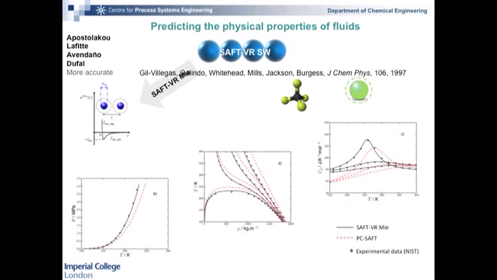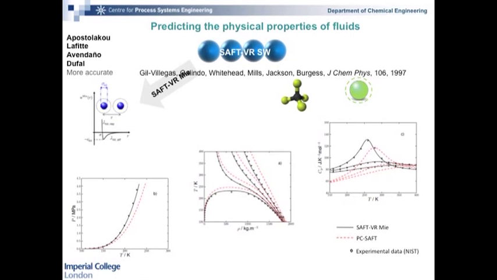And this area of work started for me when I joined Imperial. It started long before, and my colleagues Amparo Galindo and George Jackson, as well as Andrew Burgess, who is here today, developed the SAFT-VR square well equation. So SAFT stands for Statistical Associating Fluid Theory. And square well denotes the way in which the spheres here interact. So molecules are represented as a group of spheres, a chain of spheres, and they interact, in this case, for a square well potential. And one thing we've done is looked at how you can change the potential of interaction between these molecules and what effect that has on the accuracy of the calculations that you do.